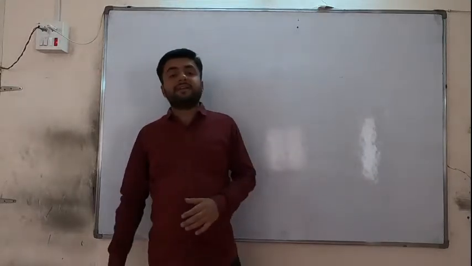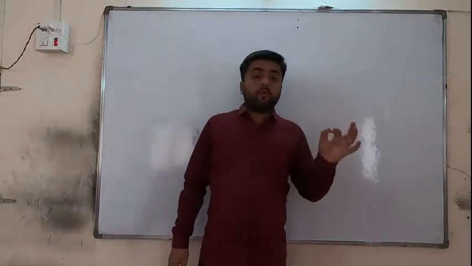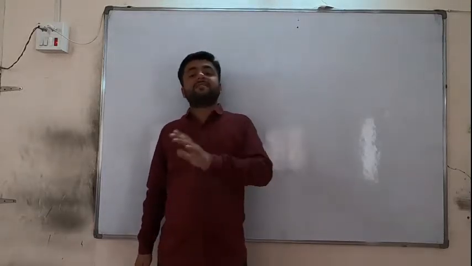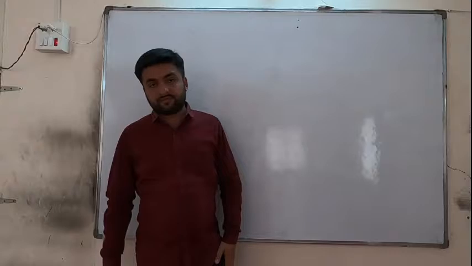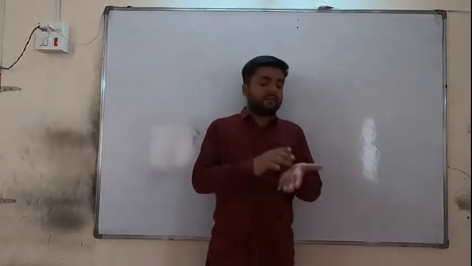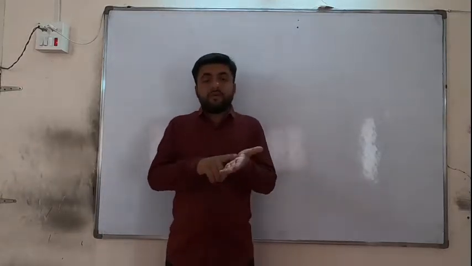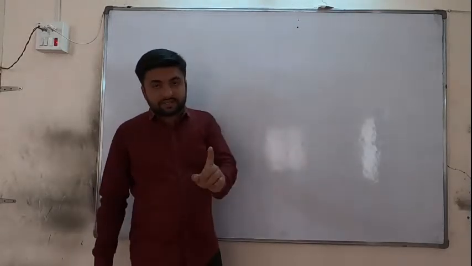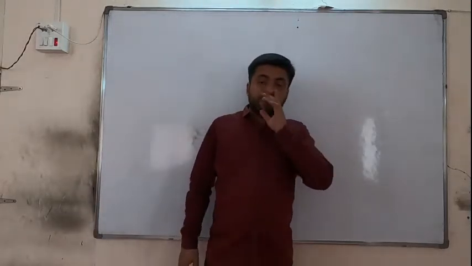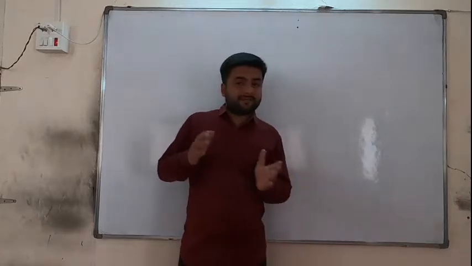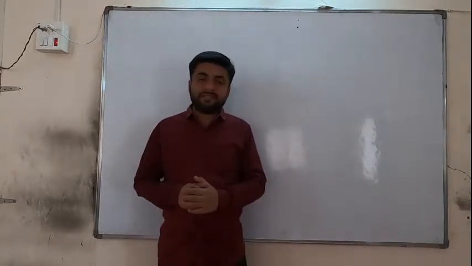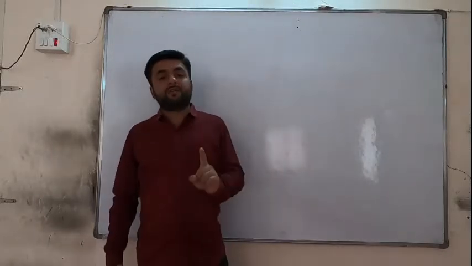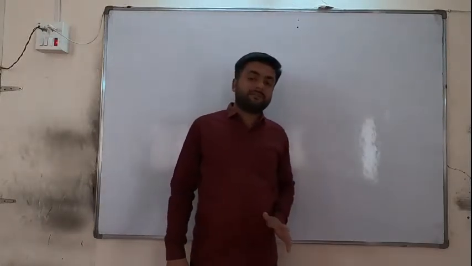Now if I am saying the heading of case 1: when old ratio and share of new partner is given and sacrificing share and sacrificing ratio is to be found. Or else you can just remember: when old ratio and share of new partner is given. Only two things are given, old ratio and share of new partner. So how to calculate the sum? We will assume total profit as 1. Then we will find the remaining profit. Remaining profit is equal to total profit minus share of new partner.